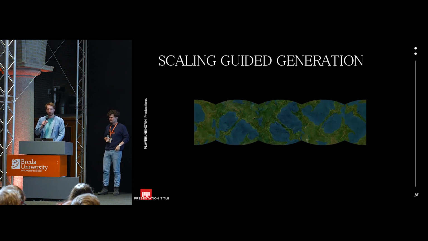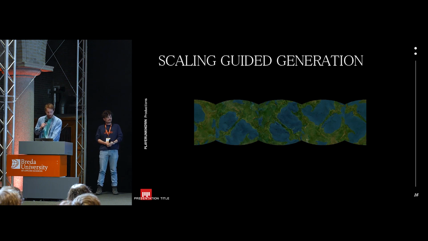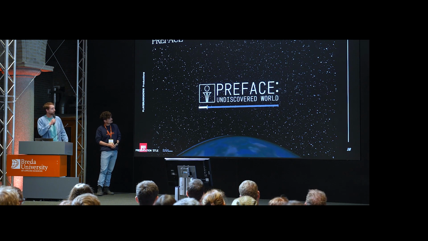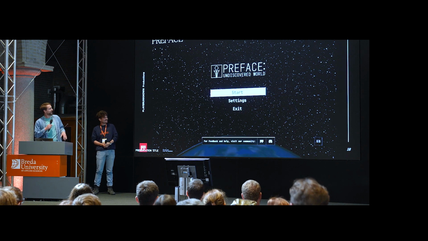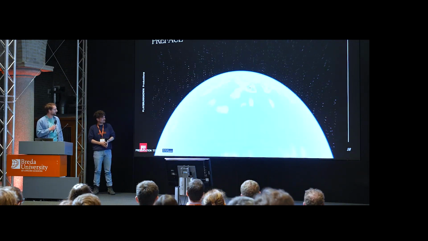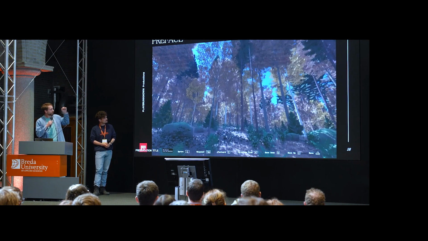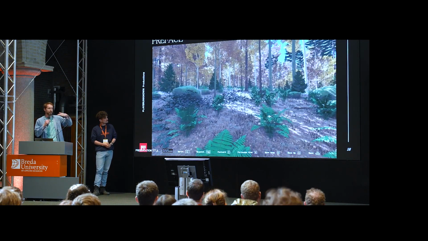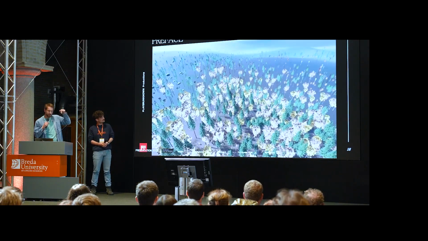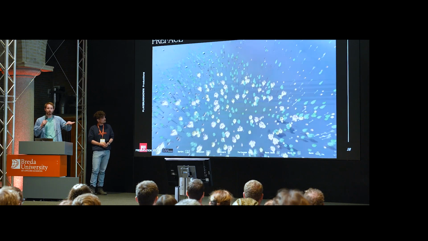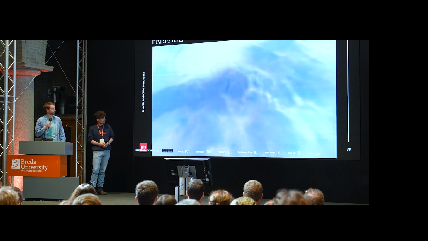Yeah, so to talk about the top-down, now we know that we can generate small-scale, realistic terrains. How can we scale this up to planet size? Here's a little video. Preface is a tech demo of our in-house engine called Melba, which has machine learning integrated deeply into the engine. It's a long loading screen, sorry. And when you go closer to the surface of the planet, at each scale, it upsamples the terrain using machine learning models, so that when you go to the surface, that data was generated for the first time when you get there.